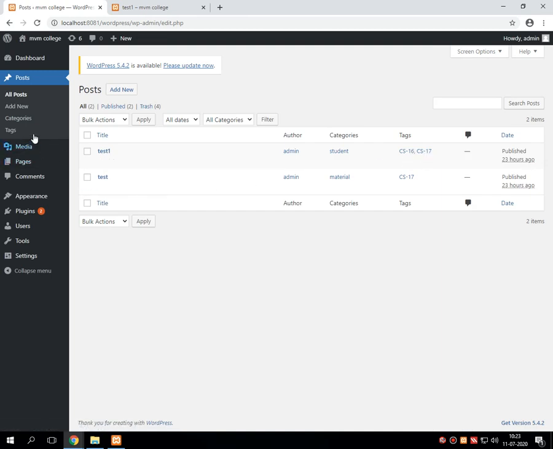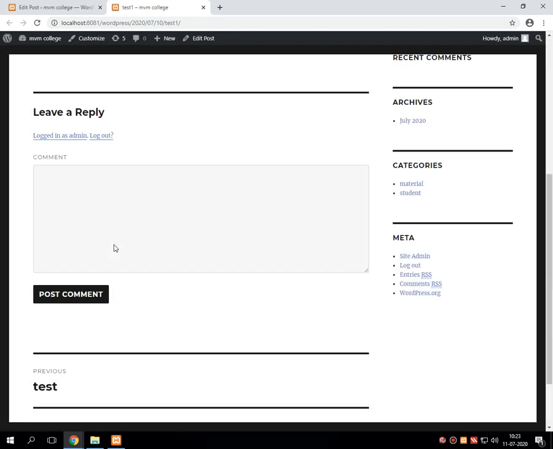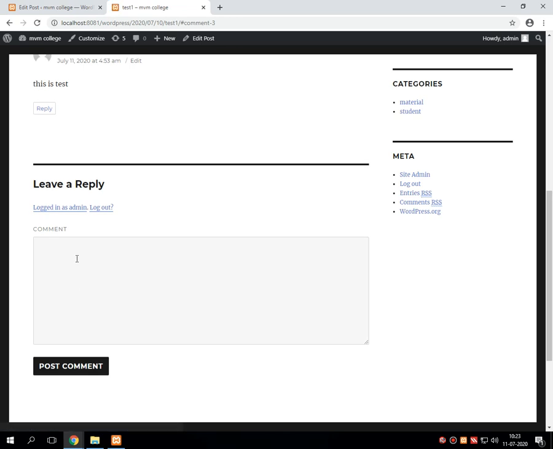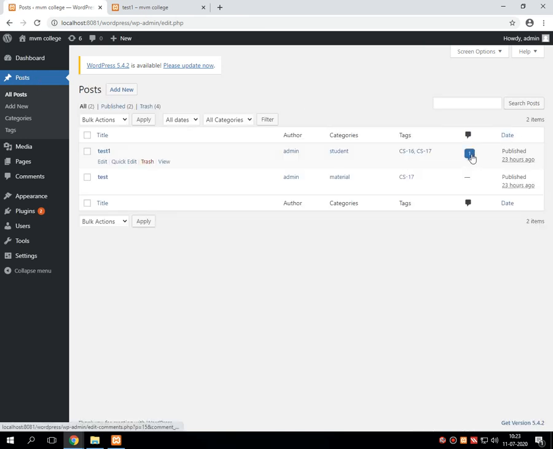Now next one is comment. A comment is posted by the client for the particular post. So for that, we have opened that particular post in the browser. Over there is a comment section. Just type a comment over here and press post. Go back to the dashboard, refresh the post. Here you can see the comment which has been posted by the user,